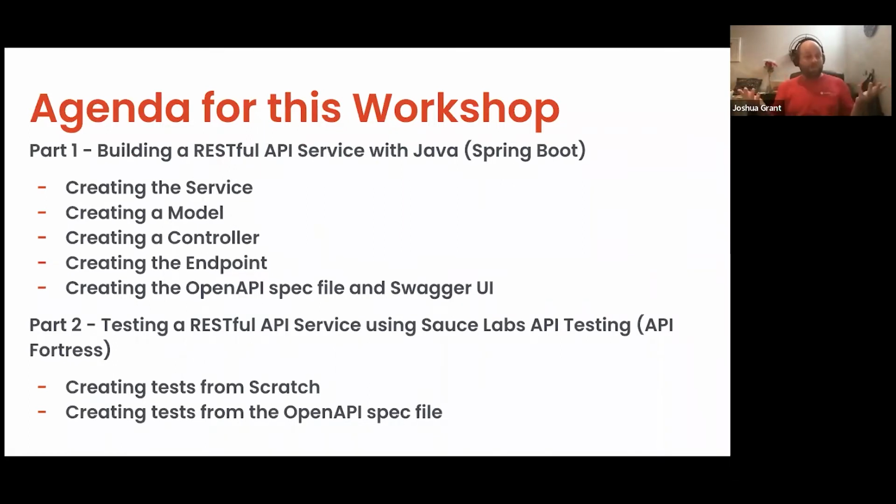So part one will be building a RESTful API service with Java and Spring Boot. So we will create this service. We will create a model. We will create a controller. Ultimately, we'll create an endpoint. And then using this service, we will also pull out an Open API spec file and also use a Swagger